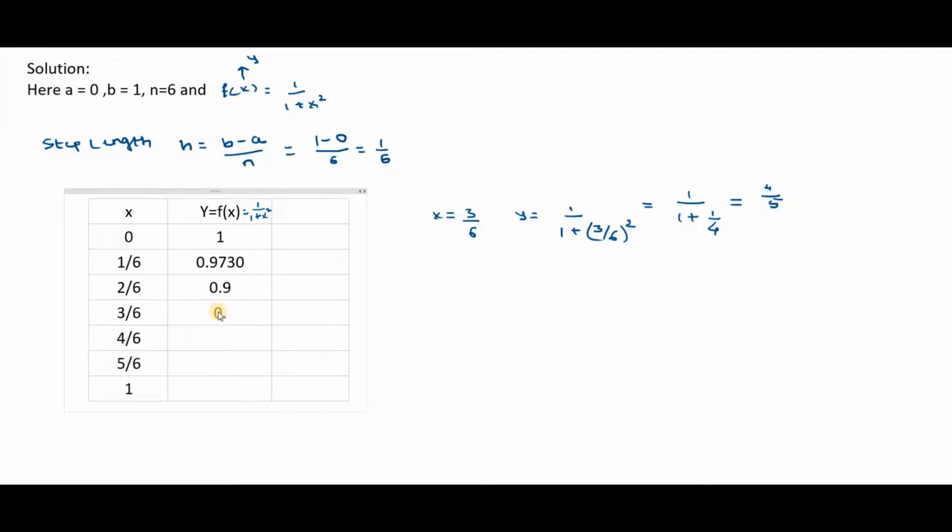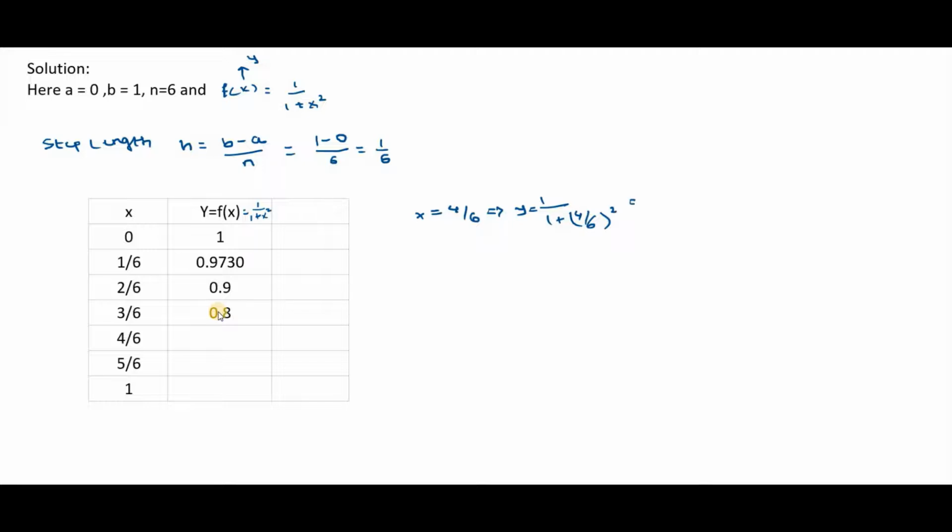So that is 0.8. So actually this 4 divided by 5 is equal to 0.8. Therefore, when x is equal to 3 by 6, the value of y is equal to 0.8. Now put x is equal to 4 by 6, and if you substitute x is equal to 4 by 6, you will get y value is equal to 1 divided by 1 plus (4 by 6) whole square, and if you simplify, you will get